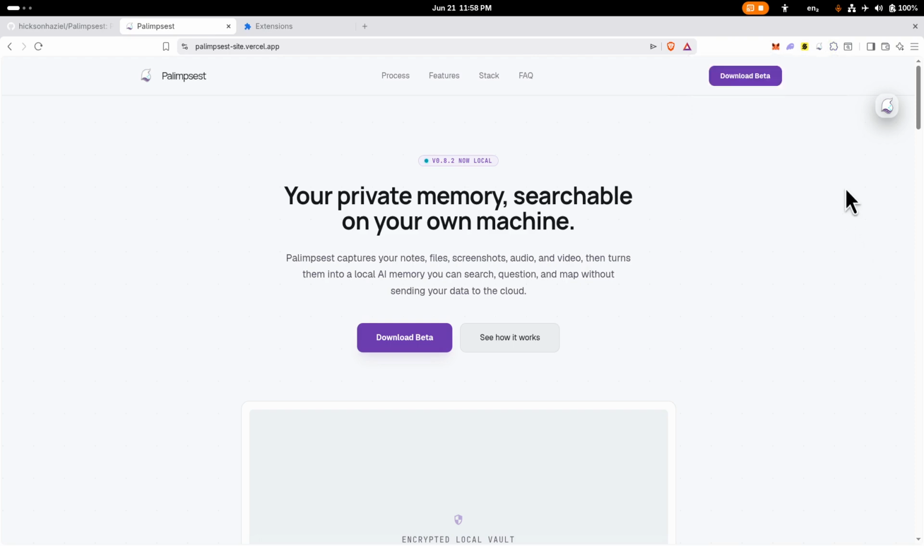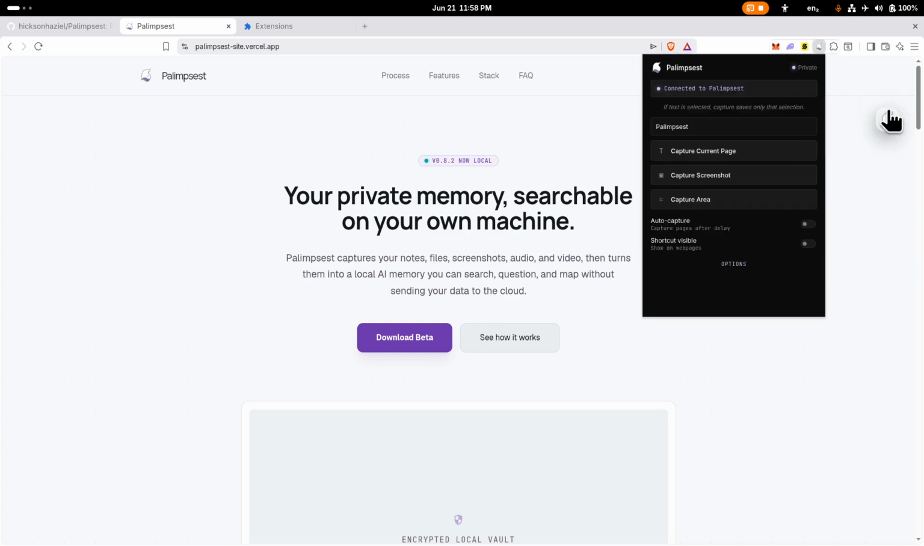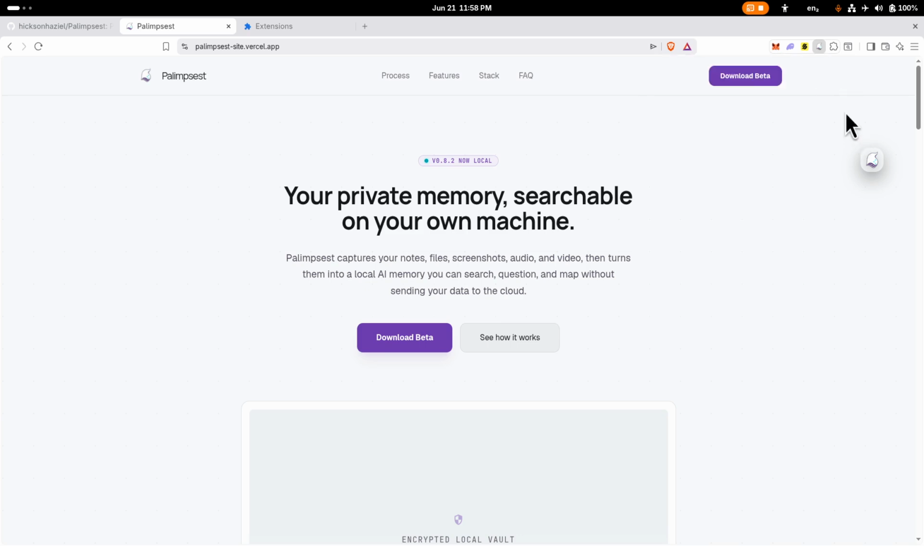Okay, so this is what's amazing about this browser extension, that you can have this shortcut right here and you can enable it or disable it right here, and then you can see it says connected to Palimpsest. So this is one of the uses of this extension. You can just click on it and then edit the title that you want. As here it says Palimpsest, we're going to leave it like that, and then we can click on crop screenshot,